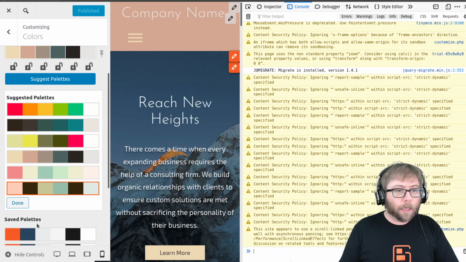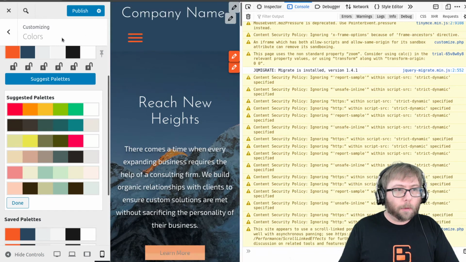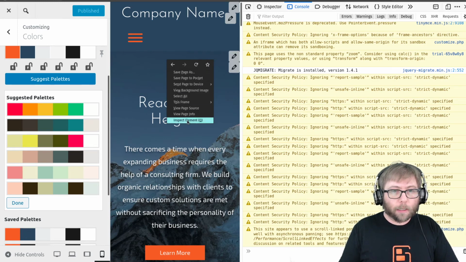So when you make a change and you go ahead and publish that, what we're looking for over here is anything that shows up in red. So if you can do that, just right click, hit inspect, go over to the console, and look for any errors that pop up when you click publish. If you could provide that to us, that'll help us out a lot to make sure that we can get you